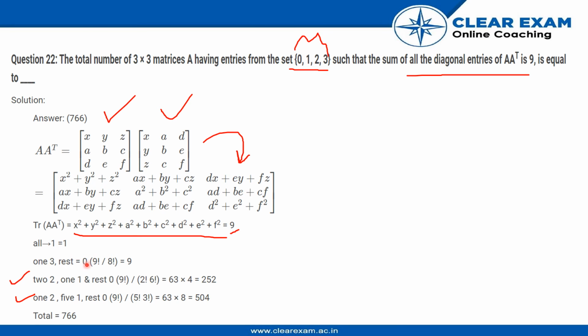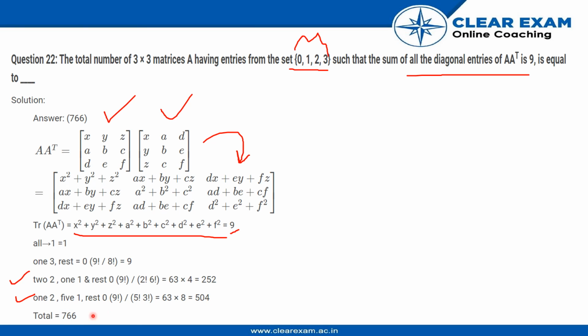In this case, the bulk number in the second case was 0, the bulk number in the first case was 1, and the bulk number in the third case is 2, because there are two 2's and the rest 0. That is 2 plus 1, 3 places used up, and the rest have 6 places, so we use 6 factorial to denote that, and 2 factorial to denote the two 2's. Similarly for the last case, 9 minus 5 minus 1, that is 3, and we get 5 factorial here, so we get the number of ways for the fourth method.